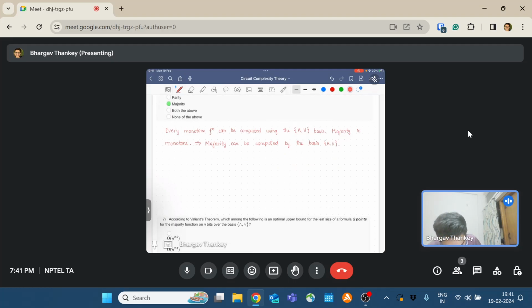We also saw last time that, okay, and we know that parity is not monotone. And together these two statements imply that